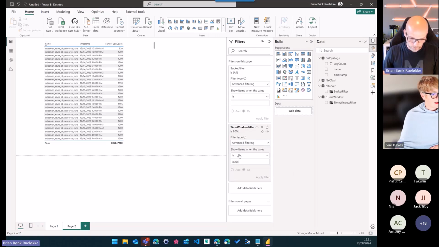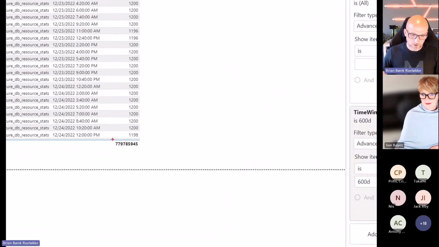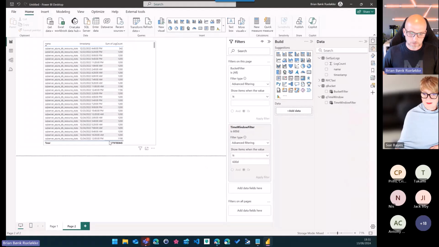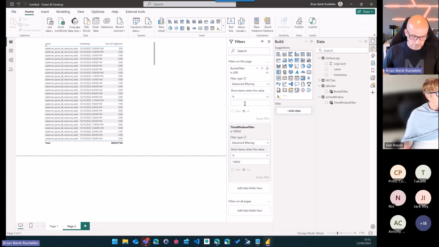Does it also work with 600 days? Yes. Notice that the numbers here are changing, and I'm still working with a lot of data here. This data set has around 1.5 billion rows. I'm not getting the entire data set here, but it has a lot of data. Apply filter, and I can also put in, I don't know, 300 minutes in the bucket, and then within a second I have the results right here.